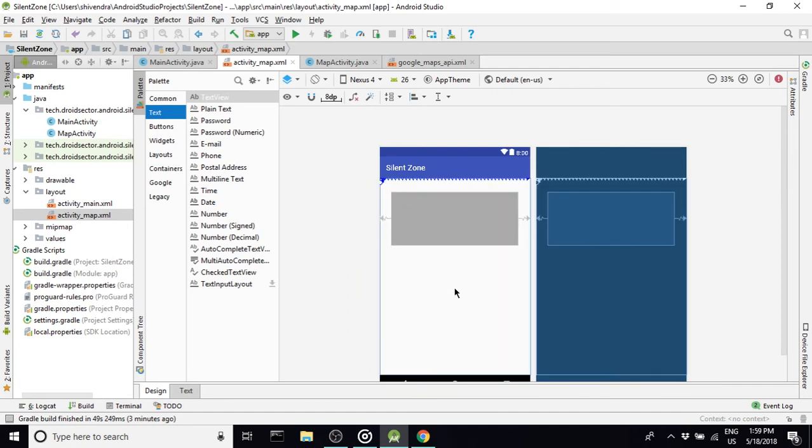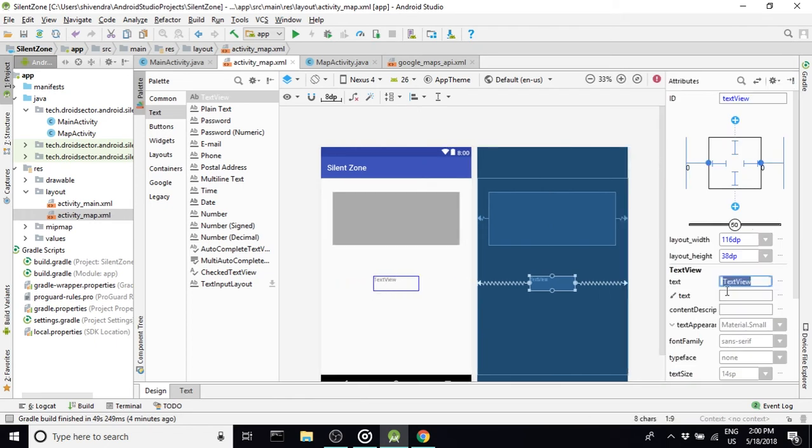Once you do that, you can see that automatically the constraints have been added on both the sides, and this is really cool. I mean, you didn't have to actually pull down these arrows and add constraints yourself. Okay, and then we can actually expand this view a bit, which will be showing our current profile. And this text view, we can say, suppose it's in the general audio profile,